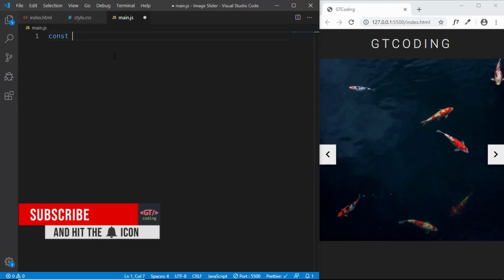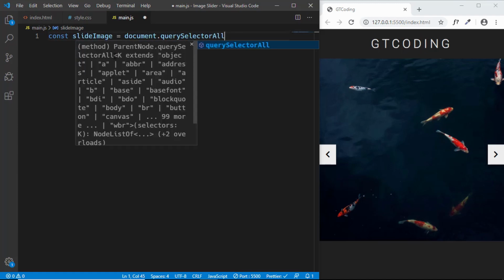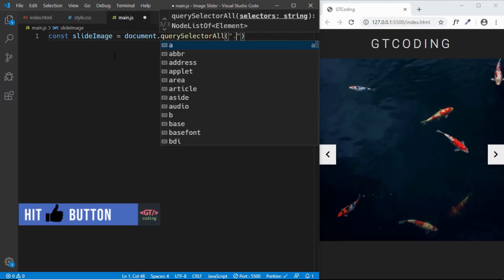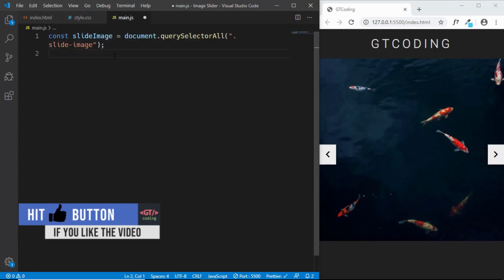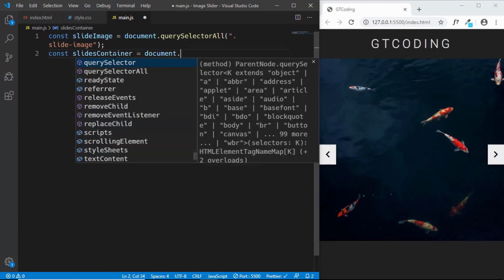And first of all we will type slide image, and here we'll type document dot query selector, and since we have multiple images we will type query selector all, and then here we will type dot slide image. Now the next thing we need is the slides container, so we'll type const slides container, and we'll type document dot query selector